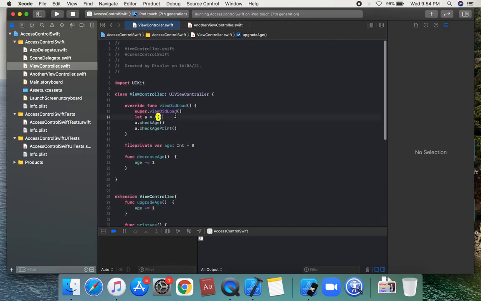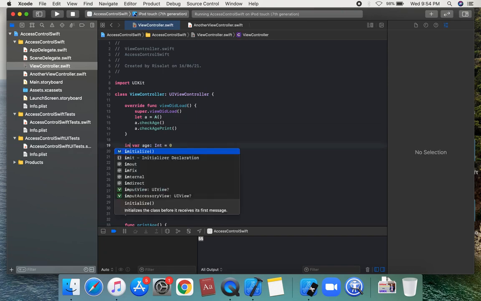So third, I would like to tell you about the things pertaining to internal. In Swift, by default the access control is internal.